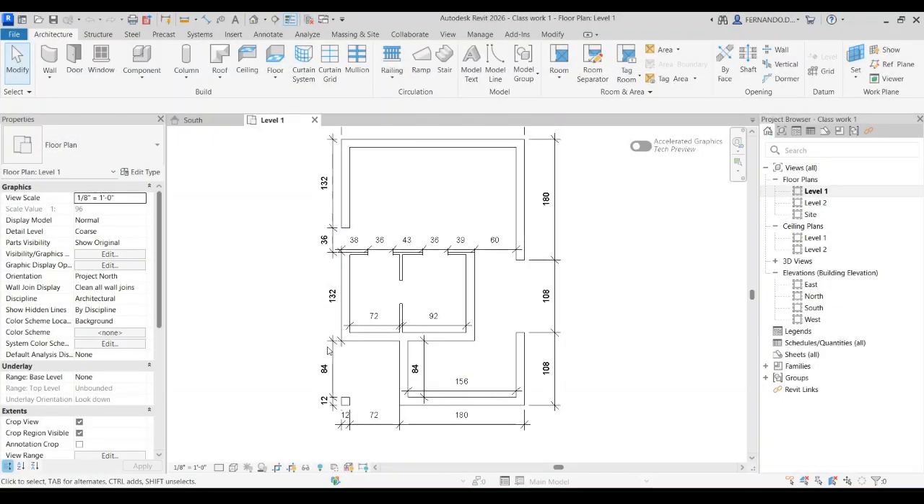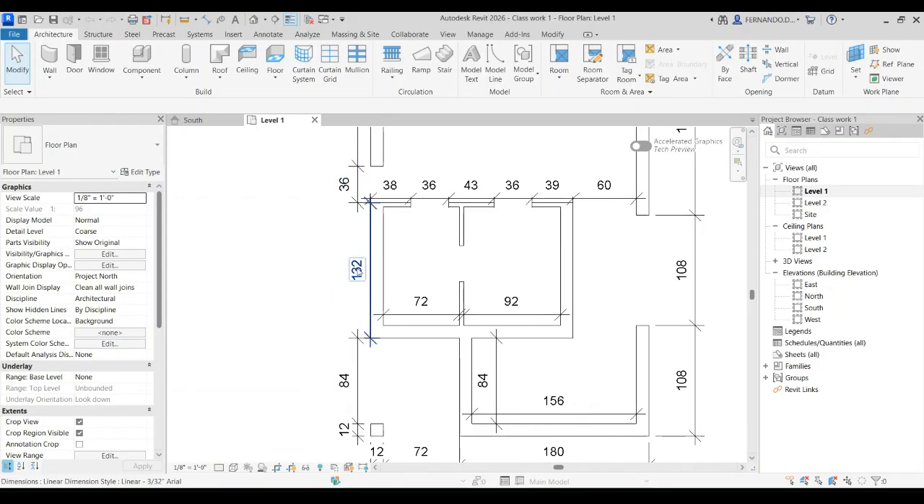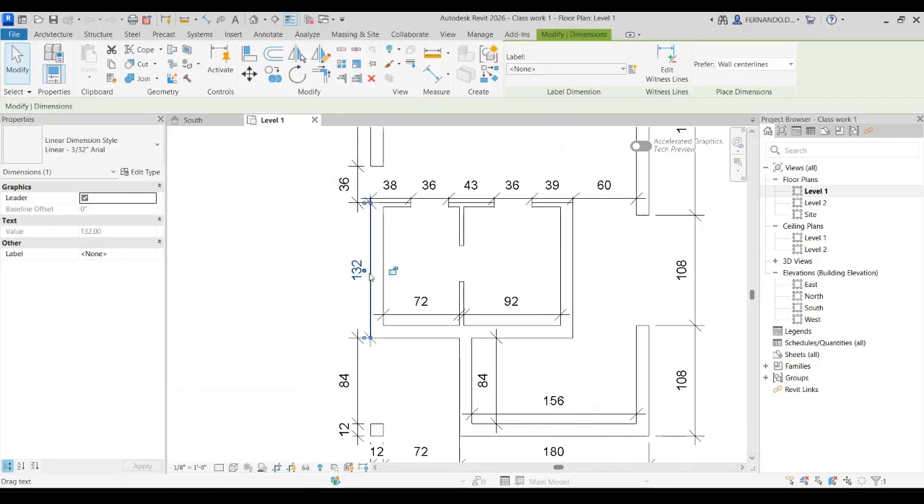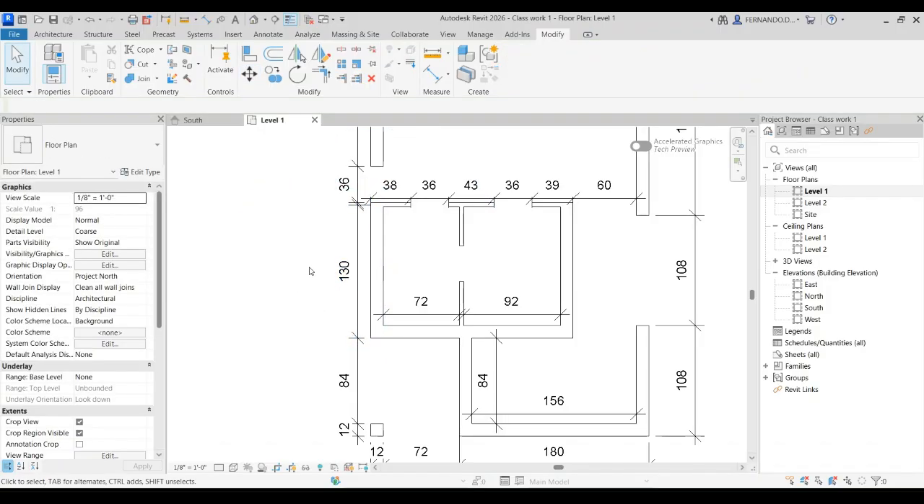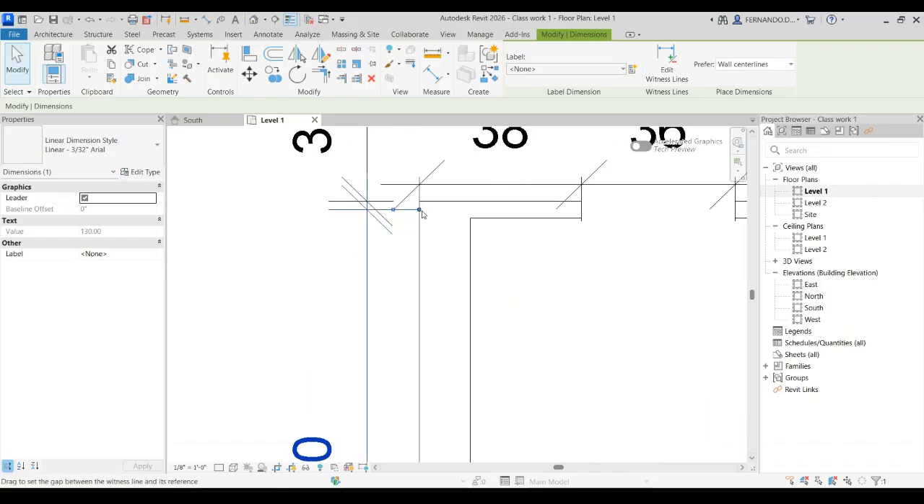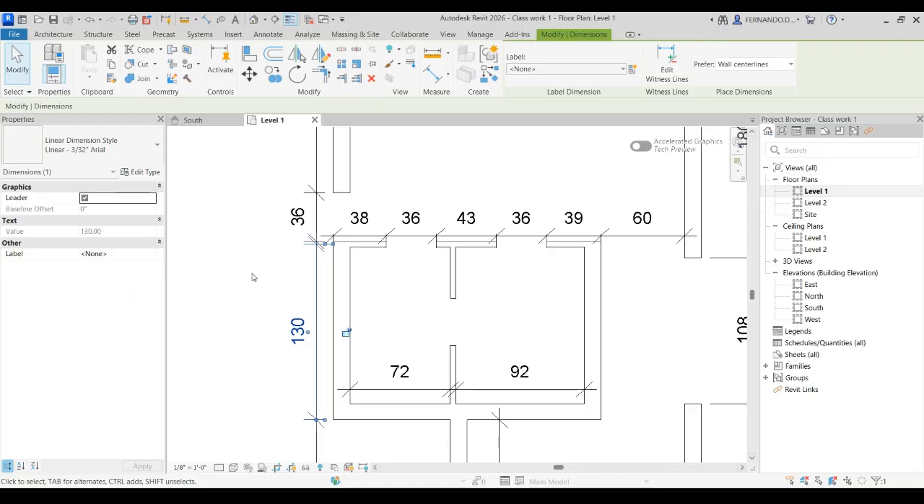And it's correct, but there are a few things that can be better. For example, when we have dimensions, all the lines should be lined up. It means that this dimension here, there you go. It's 130. I'm going to do it again